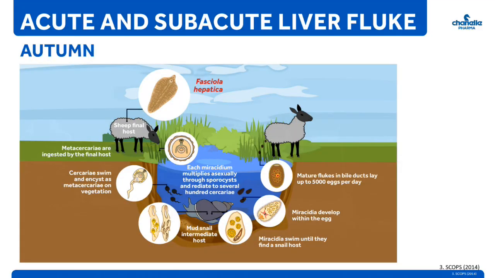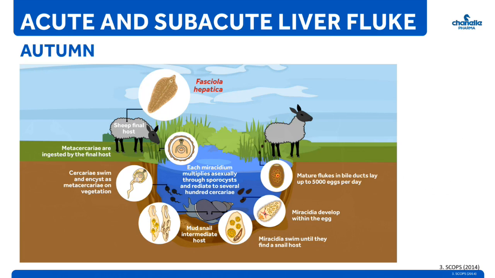Finally, for sheep, we have the trematode parasite Fasciola hepatica, or liver fluke, and this causes the disease fasciolosis. This parasite has an intermediate host as part of its life cycle, and this host is the mud snail. Mud snails thrive in warm and wet environments, and therefore there is often an issue on lower lying wet farms and after periods of heavy rainfall, and these can result in very high infection pressures on farms.